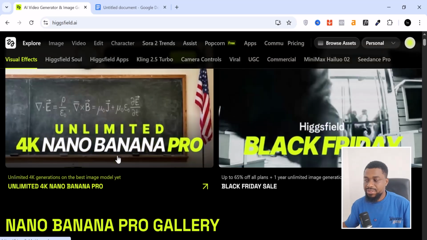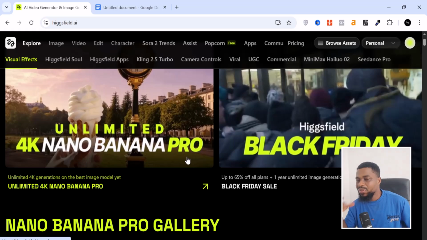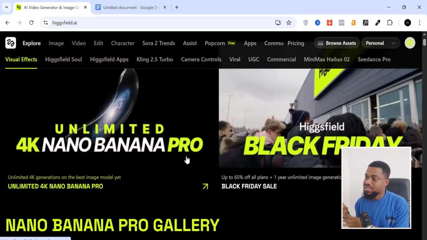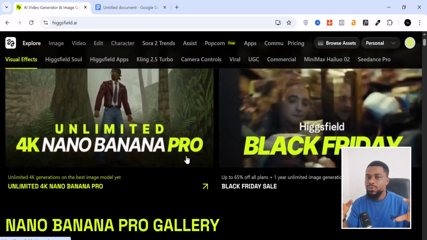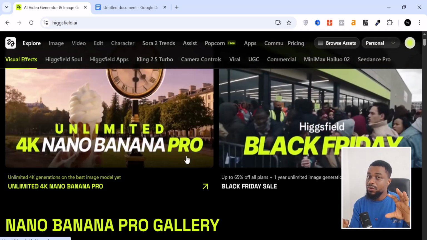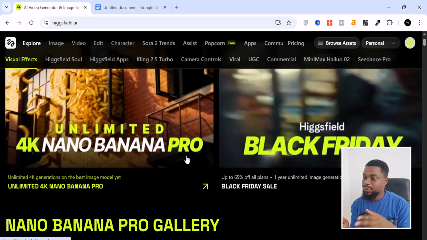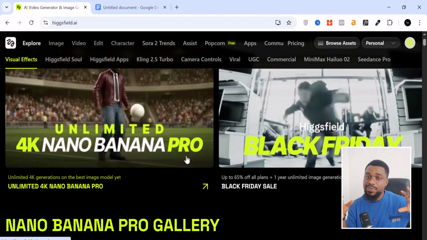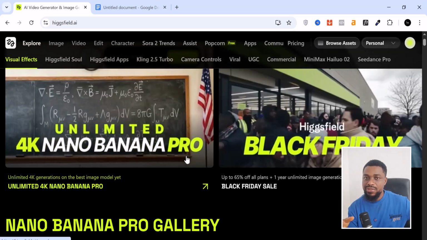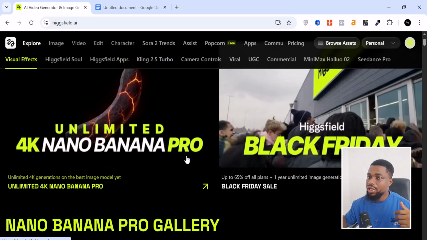So Higgsfield has just launched the 4K Nano Banana Pro. And what this means is that with this feature, you can create high quality images. You can create images in 2K, 4K, and very high resolution. This feature also promises better character consistency and that it can think better than the initial